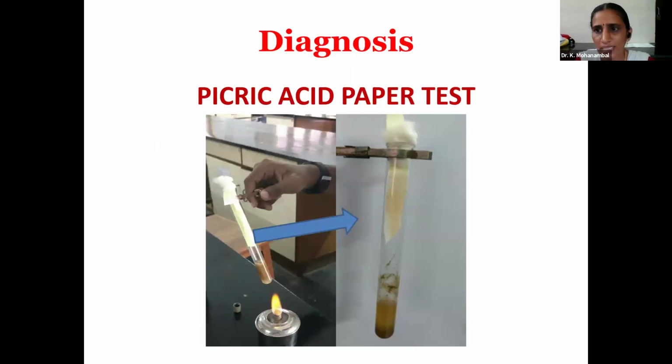Apart from that, the picric acid paper test is there. A 1% picric acid solution should be prepared in a dark environment, away from sunlight. In that picric acid solution, Whatman number 1 paper should be cut in the size of 10 to 15 centimeters. Then it should be dipped in the picric acid solution and dried in the dark area only. After that, we can save those papers. They can be used for 6 weeks and should be stored in the dark, in an airtight